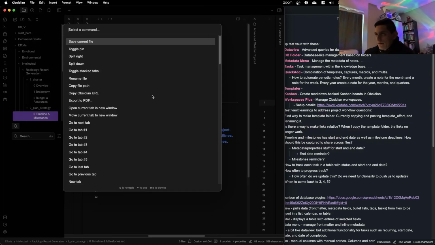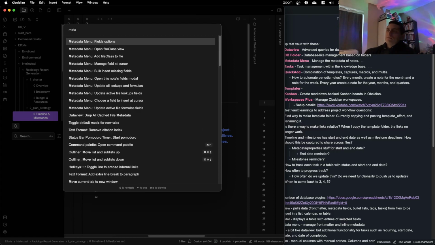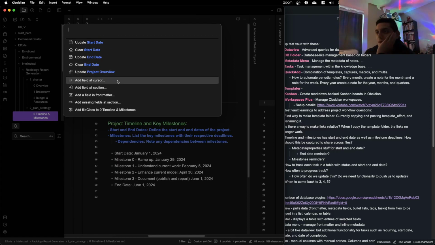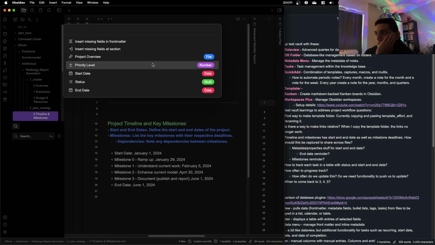And now I can add hotkeys to make this, so I'm not too worried about that part. But priority level, and then status.